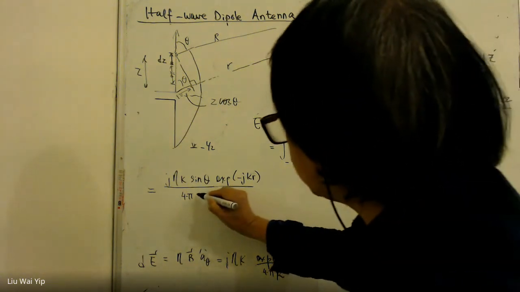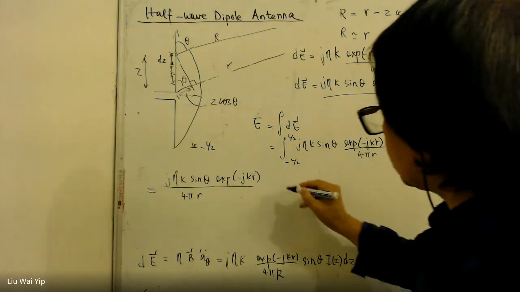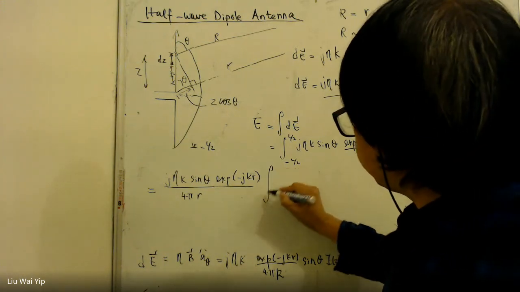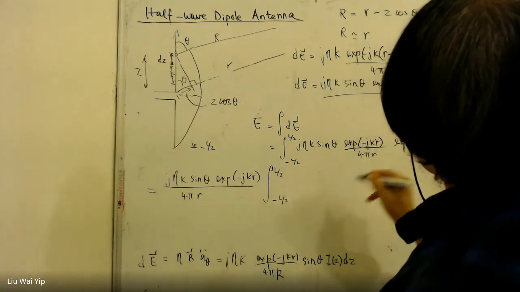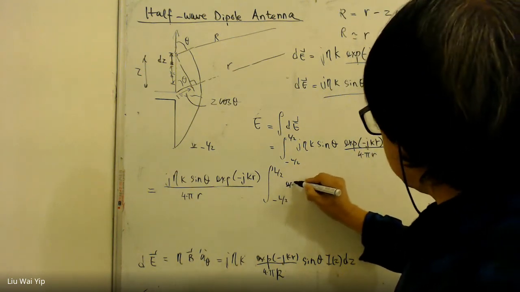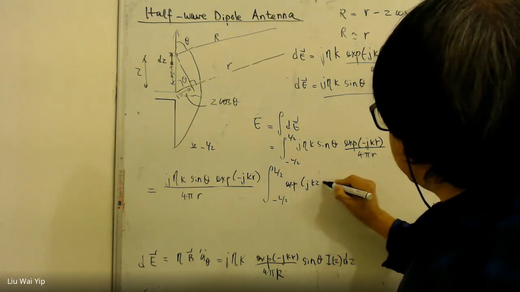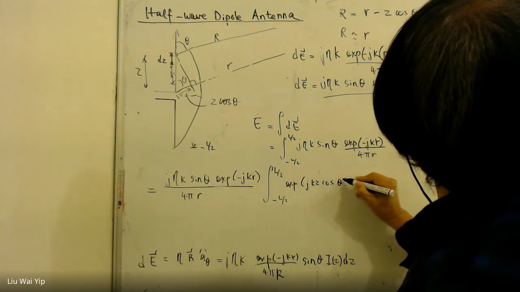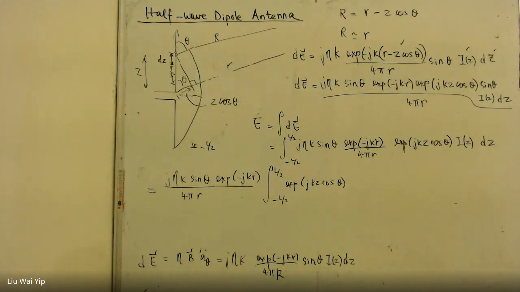Yes, move on. And now it is clear. It's going to be JKV cos theta. And then the next thing that we are going to do is to substitute this variable